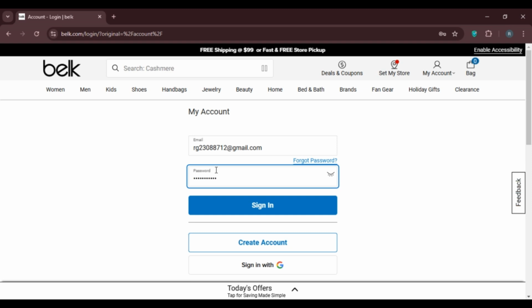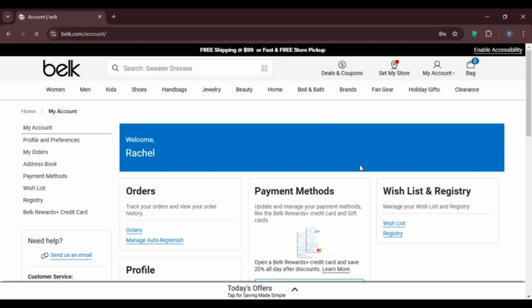If you have forgotten your password, you can click on the option forgot password. After that, you'll be able to reset it. Now simply click on the sign in option that you can see right over here. Now you can see over here, you've been signed in to your account. So that is how you log in to a Belk